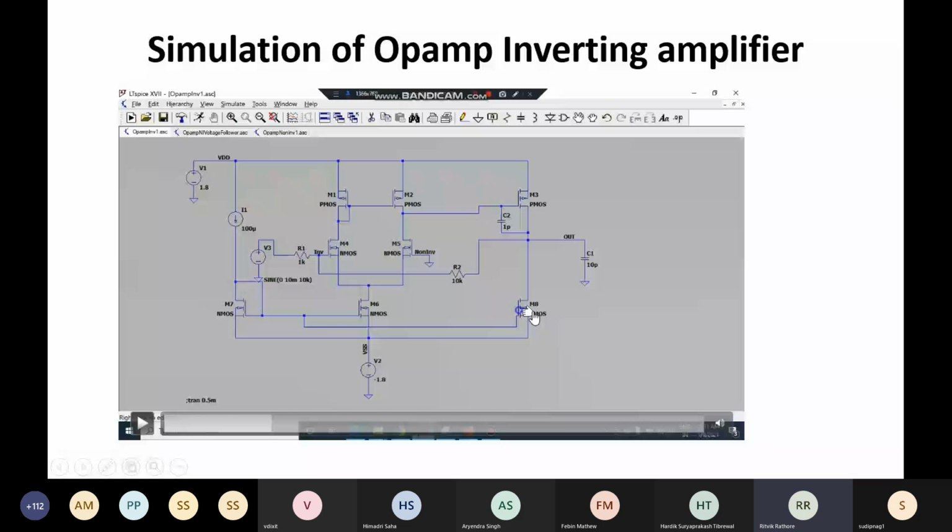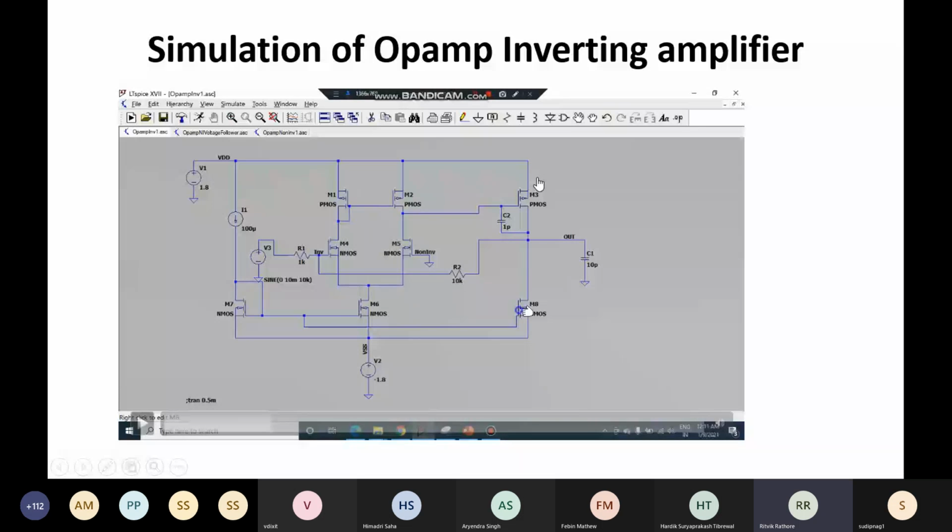Now look at the circuit under DC conditions. This 100 microampere current must be sourced from these two branches, right? Because we have already seen that M4 and M5 are perfectly matched and symmetric. So each of these branches must be able to supply 50 microampere of current, right? And since current from a MOS in saturation is proportional to width of the transistor, the widths chosen for M1, M4, M5, and M2 is half the width of M6. That is 2 micron each.